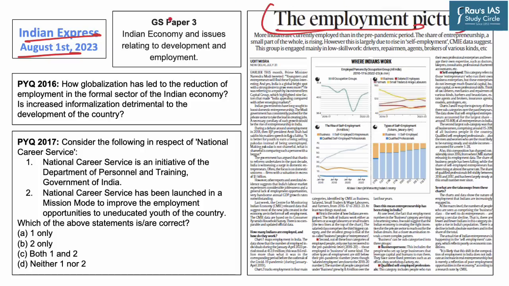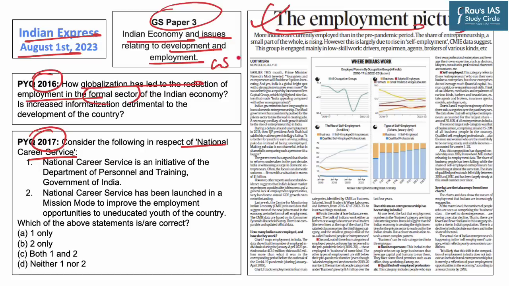Now this topic is important from the GS paper 3 perspective, as it deals with the Indian economy and issues related to development and employment. Further, the topic of employment also appeared in the mains of the year 2016, which dealt with how globalization has reduced the number of employment in the formal sector. Further, the topic of employment in one form or the other also appears in prelims, which is apparent from this PYQ of the year 2017 on National Career Service. Hence, the data provided in this article can be used for answers in GS paper 3 in